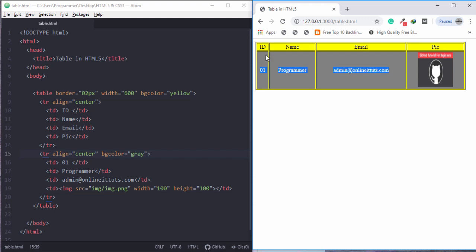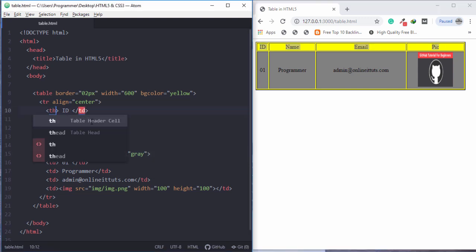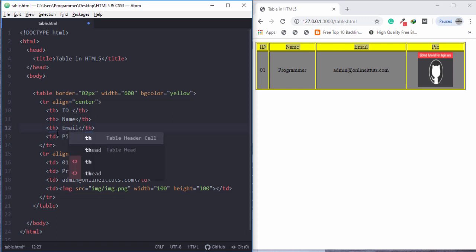Now another thing is those are normal columns, but if you change the TD to TH, meaning table heading, then the text will be displayed on the browser strong, or you can say bold, right. I just changed that, save that, as you can see guys,